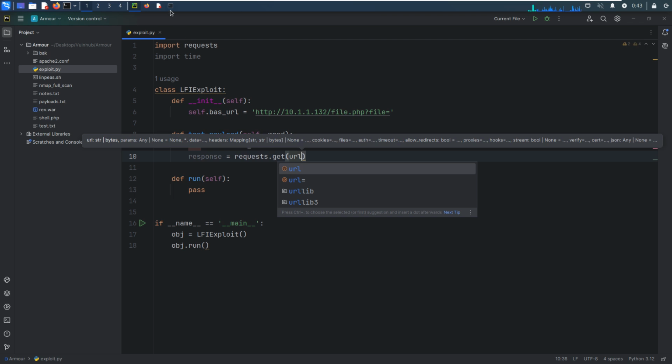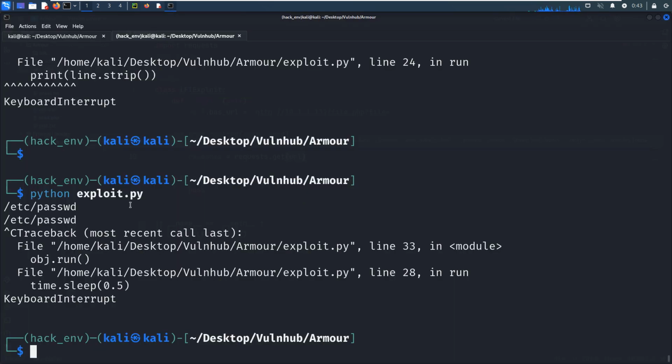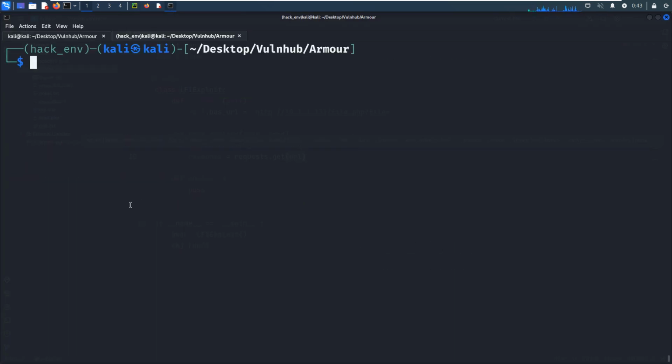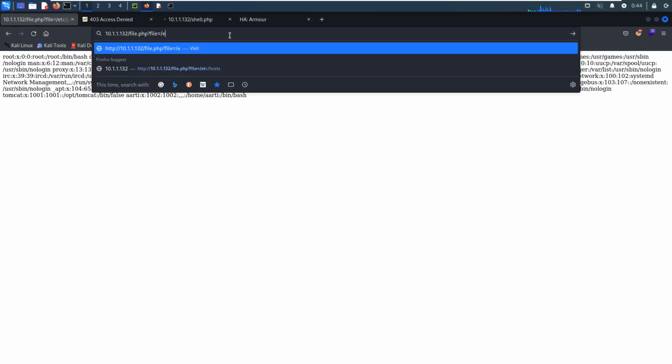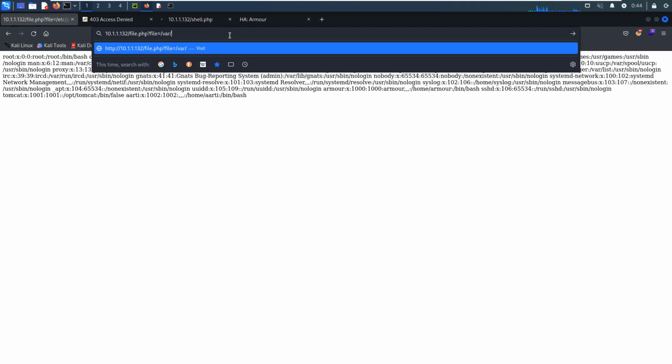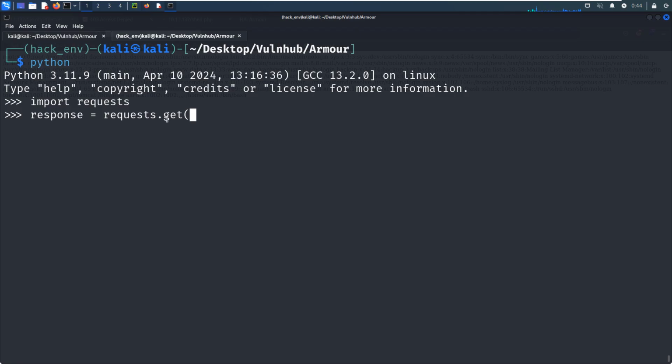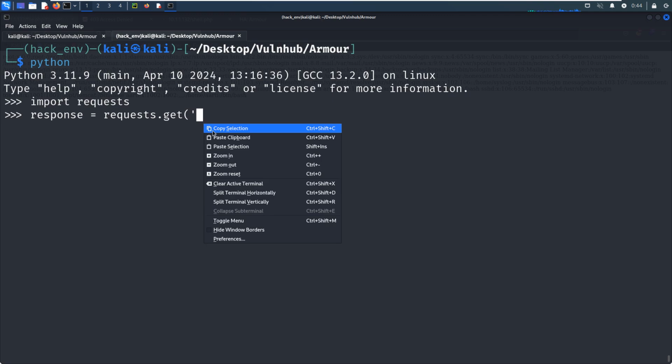We can use the interactive interpreter to know how the application is behaving. We can run Python, and import requests, and response equals get. For example, if we access a non-existent file like log or slog, we can copy and put it in here.